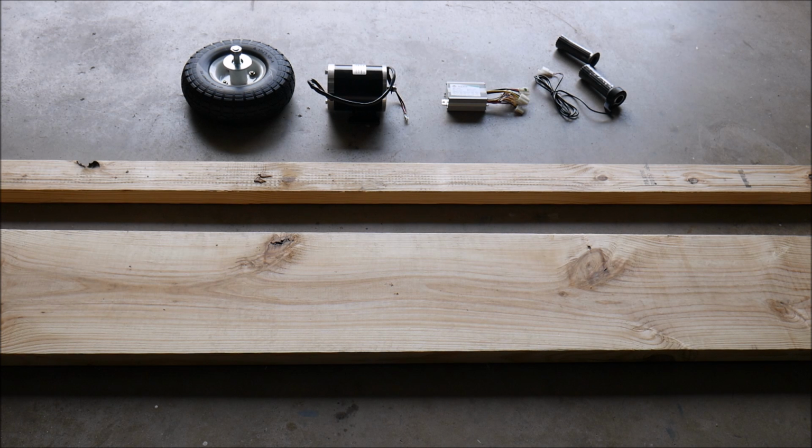Now, why am I using wood instead of metal? Right now I don't have a welder. I sold my old one, and it takes more time. It's much easier to use wood than it is to use metal, for me anyways. Wood is, yes, kind of heavy, yes, not as strong, but it will be plenty strong enough for this project. I also have some wheels left over from another project. Again, these are not ideal. They're going to provide significant rolling resistance, I know, but they will get the job done for a basic low-speed